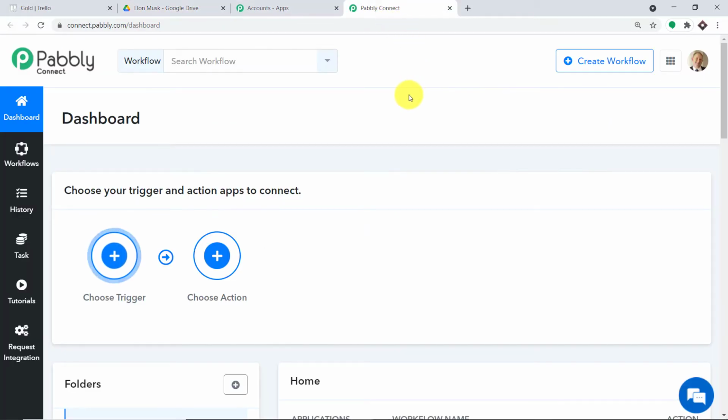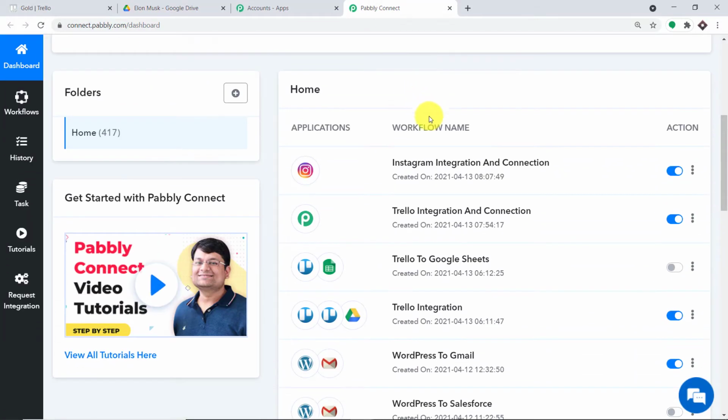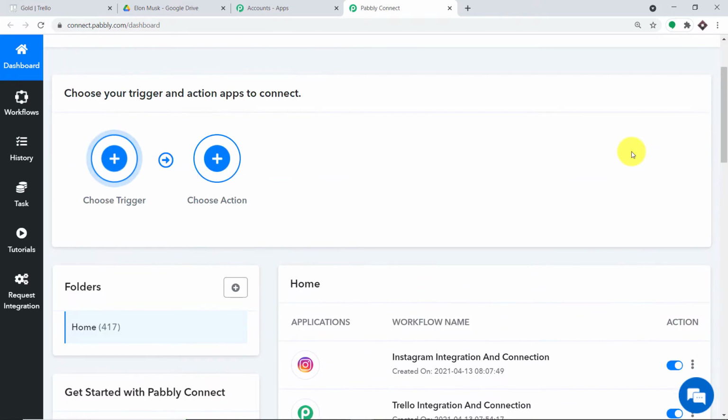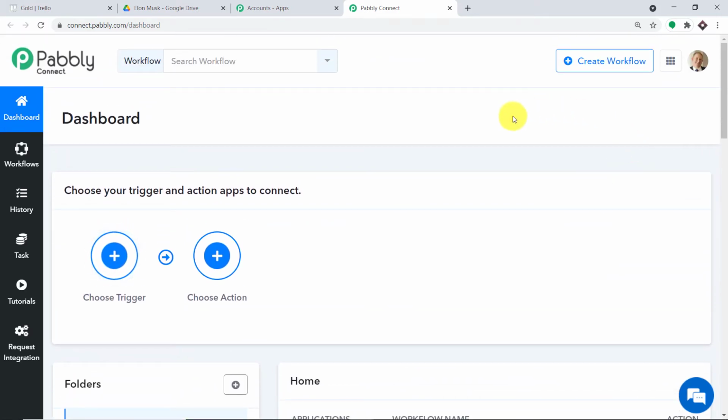So basically I have already created a workflow. So what I'm going to do here is I'm going to switch off this workflow. So this is the workflow that was working with, and I have switched off this workflow. If I didn't switch off this workflow, it will give dual results. It's actually none of your concern, but for your consideration, we are going to start from scratch. So let me just click on this button, create workflow.